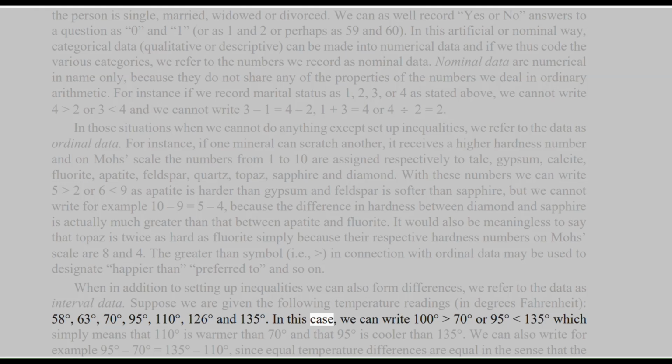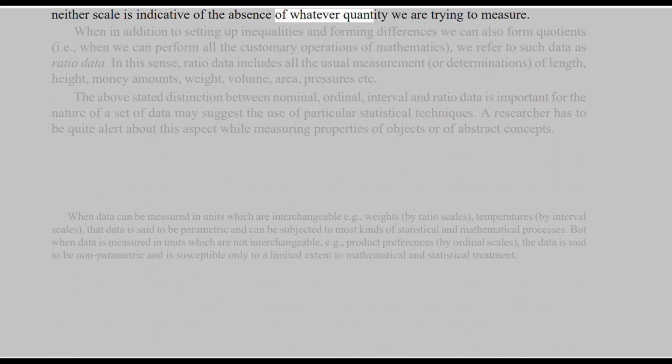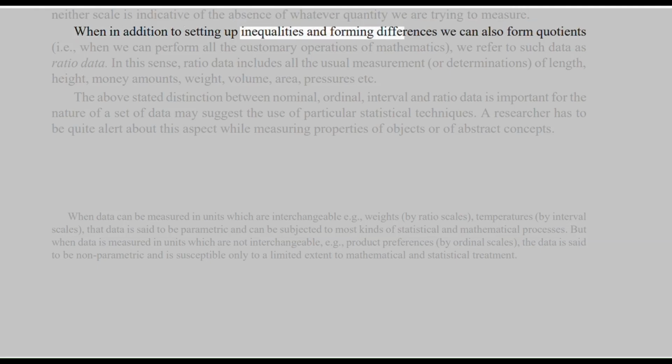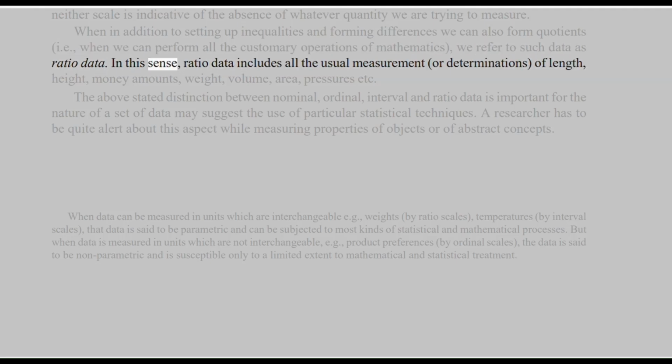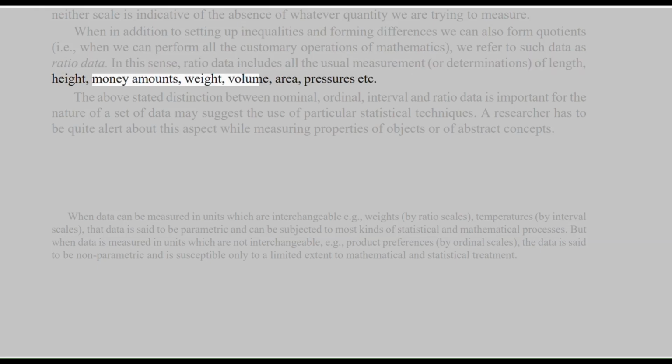In this case, we can write 100 degrees, 70 degrees, or 95 degrees. Neither scale is indicative of the absence of whatever quantity we are trying to measure. When, in addition to setting up inequalities and forming differences, we can also form quotients, i.e., when we can perform all the customary operations of mathematics, we refer to such data as ratio data. In this sense, ratio data includes all the usual measurement, or determinations, of length, height, money amounts, weight, volume, area,